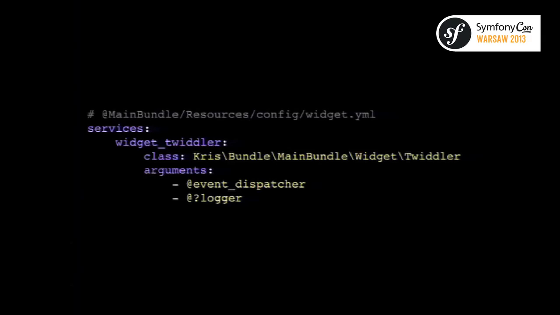The other thing I want to point out is that when I talk about saving your future self a headache, if down the line you say, remove the logger, you're working in the PHP class, the widget twiddler class, and you remove the logger, maybe let's just say you remove it altogether. If you don't change this, the logger is still going to be added as that second argument. So if you make a change, then you have to think, okay, what else do I need to change in order so that my application knows about the change that I made to the class? And like I said, spending a lot of brain power on something that